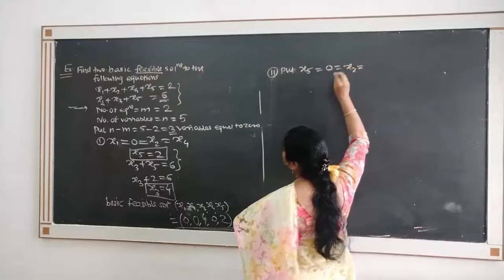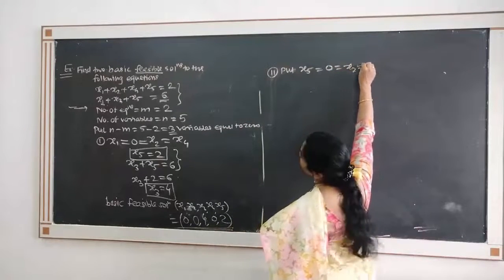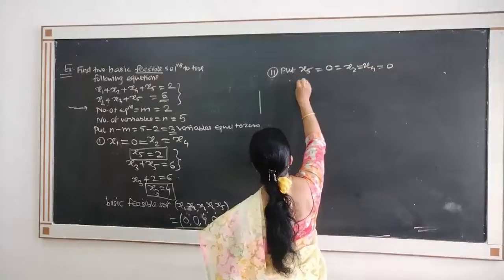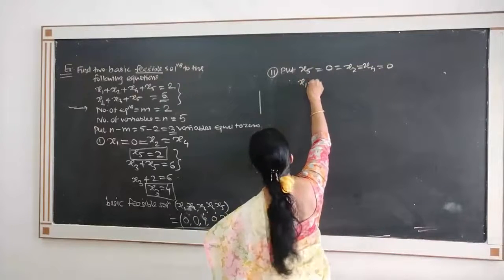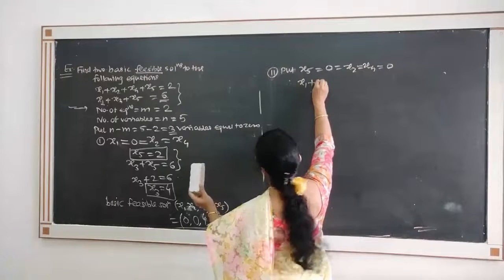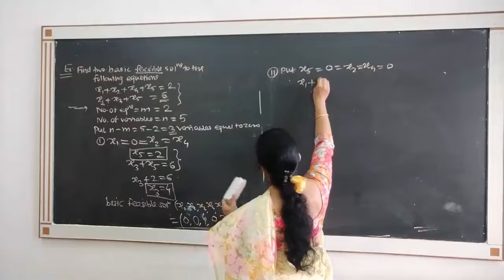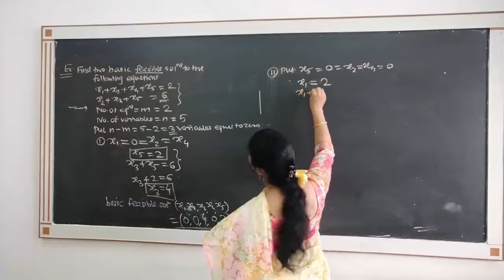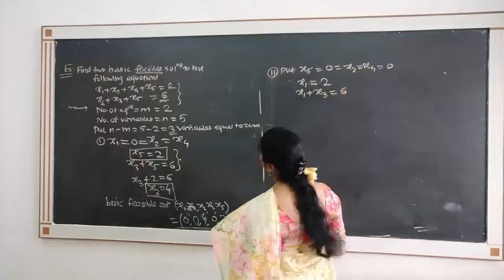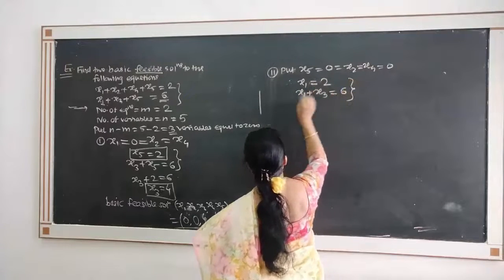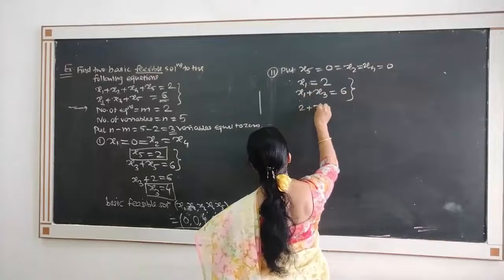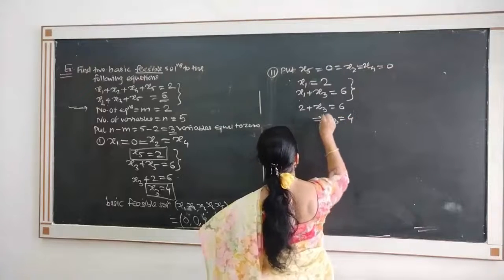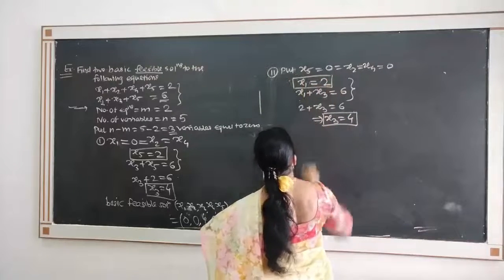So to get the second, we will put, suppose x5 equal to 0 from the second equation and then we will put x2 is equal to x4 equal to 0. So what do we remain with? The first equation gives us x1 plus, we are substituting x2, x4 and x5 is equal to 0. So we get x1 is equal to 2 and in the second equation we will get x1 plus x3 equal to 6. So solve the two equations. We have x1 equal to 2. So 2 plus x3 is equal to 6 implies x3 is equal to 4. So we get the solution x1 equal to 2 and x3 is equal to 4.